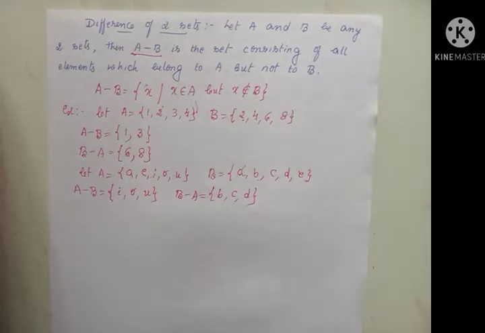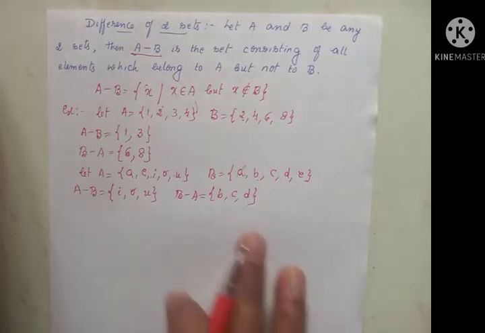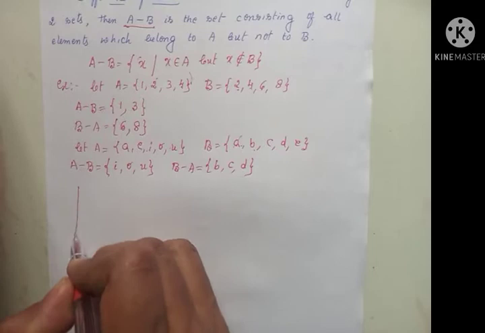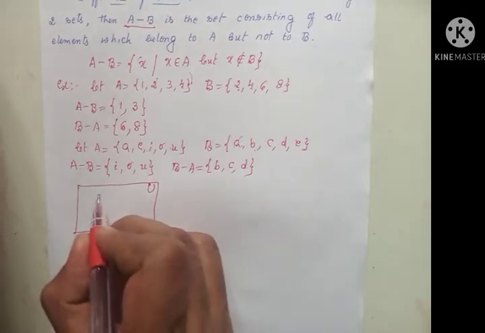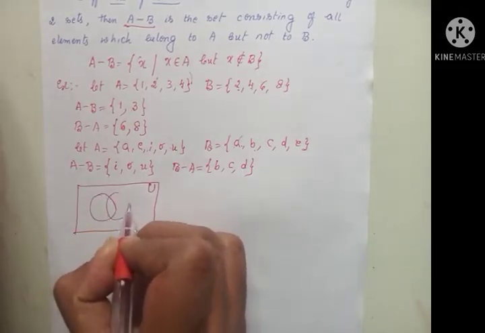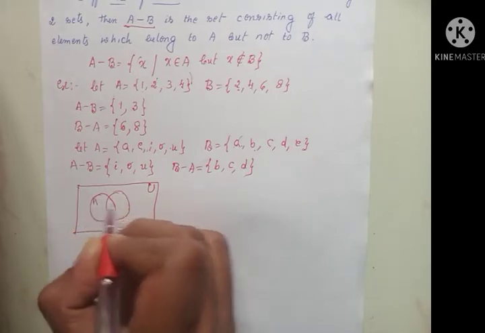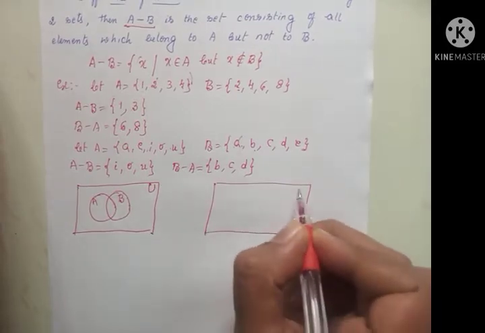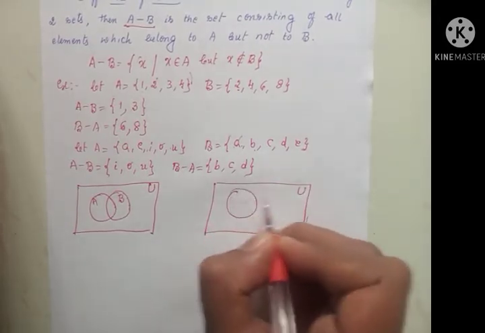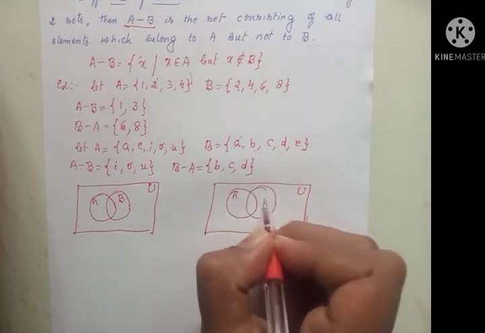Using a Venn diagram, you know that a Venn diagram is a method that represents operations on sets using figures. For a Venn diagram, there is a universal set U. I'll assume that there are some elements common between two sets. This is A and this is B. I'll draw two diagrams here. This is union. This is the set A and this is the set B. There are some elements common.